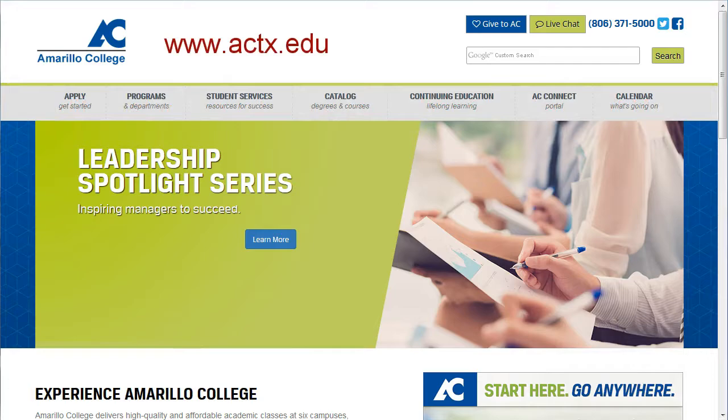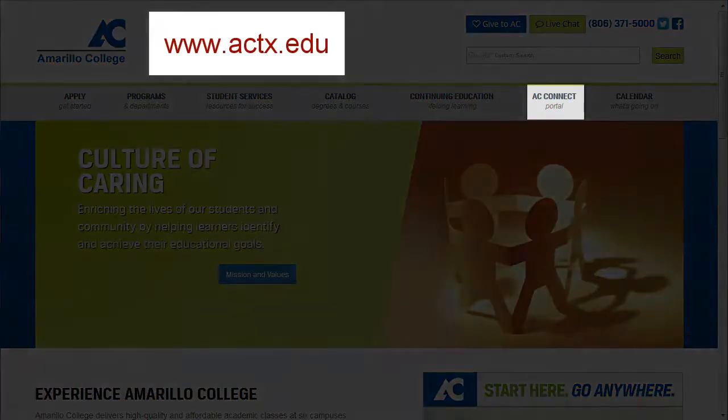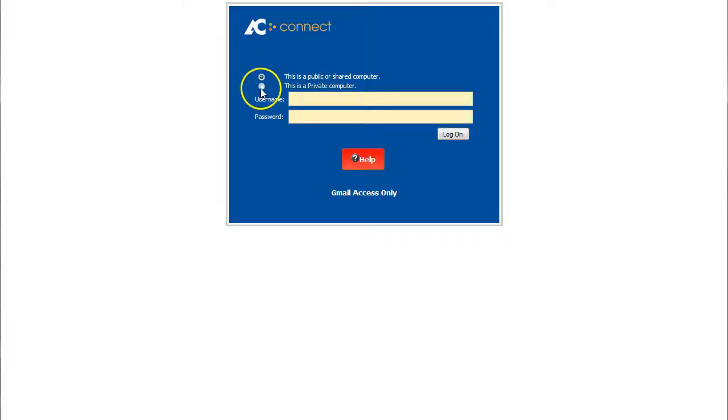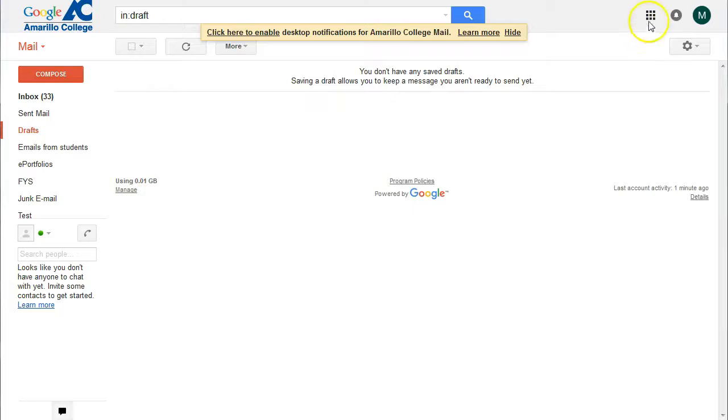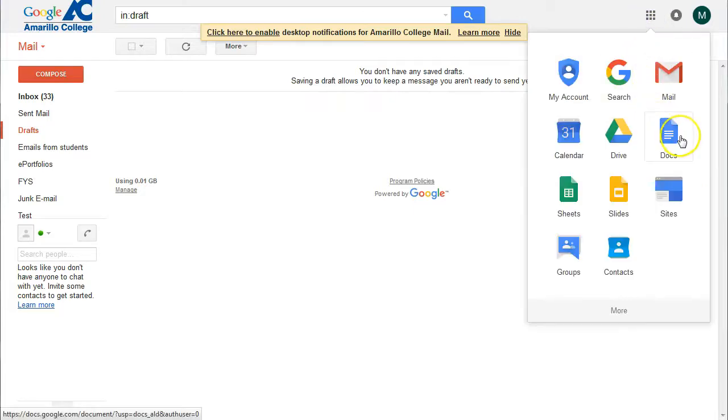Google Docs is available to everybody at AC through the AC Connect portal. Click on this button even if this isn't your computer. This just keeps the computer from thinking you're inactive and kicking you out when you're actually still working. Then log in with your usual AC Connect username and password. Get into your email, and then once you're in your account, click on this button to open up Google Apps